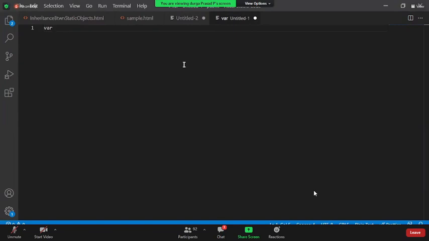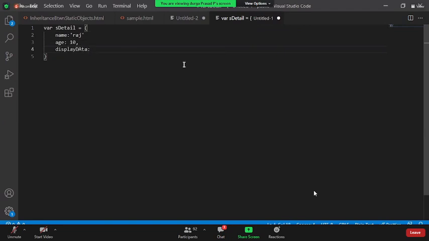Now say student details is going to be an object. I say name, Mr. Raj, age, say 10, and display data is going to be a function, something like this. Now I just defined this object. My expectation is I would like to add some more property for this. So how do I do that?